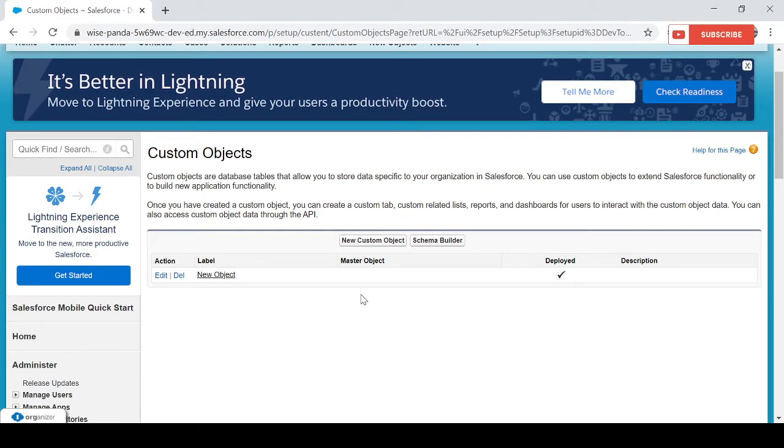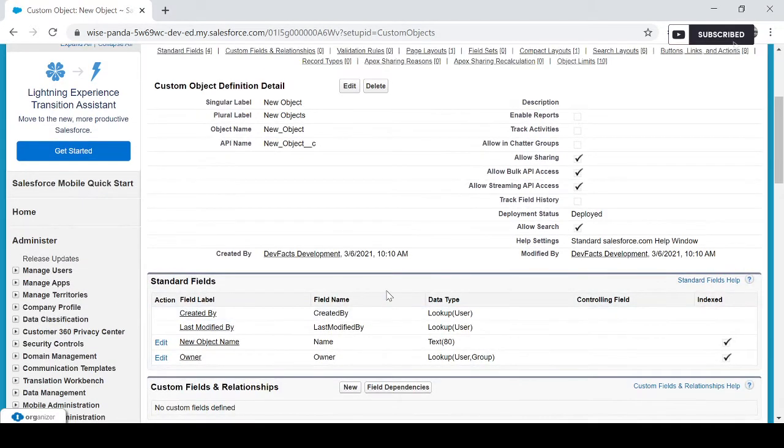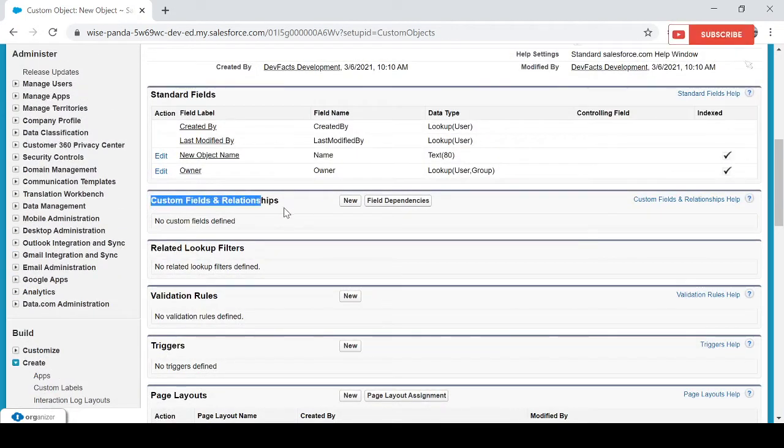We have created only one object, so it's showing a new object here. After hitting this button, here we can see custom fields and relationship. Okay, so I'm going to create a particular custom field. So I'm going to click this new button.